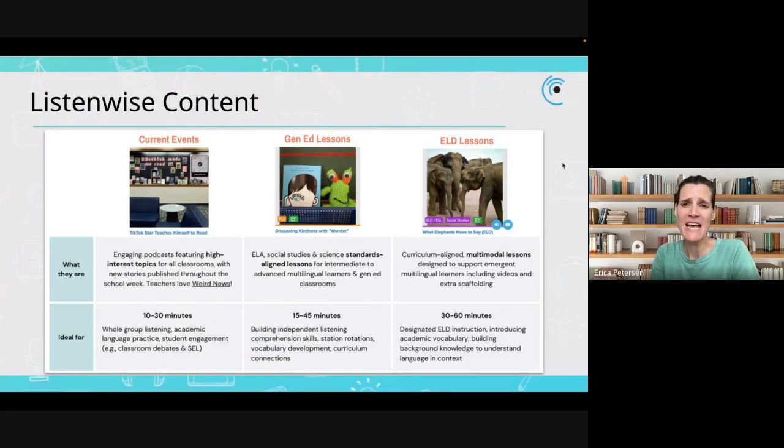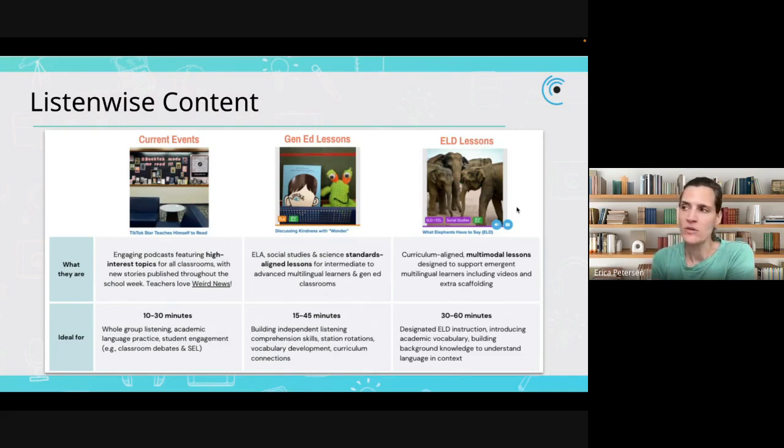And then we have Gen Ed and ELD lessons. These are standards and curriculum aligned, have some extra teaching resources like a teacher's guide, embedded organizers. So lots of great teaching resources. And our ELD lessons, there's about 100 of them. So a smaller collection, but all about supporting more emergent ELs, lots of extra scaffolding, big focus on language.